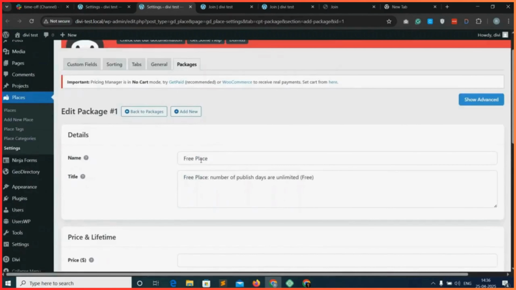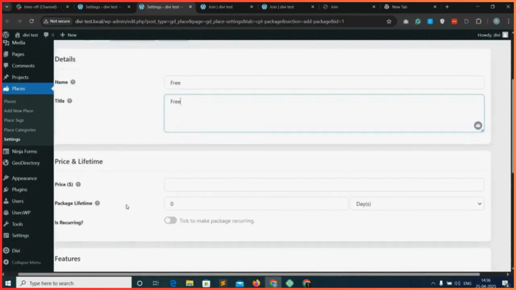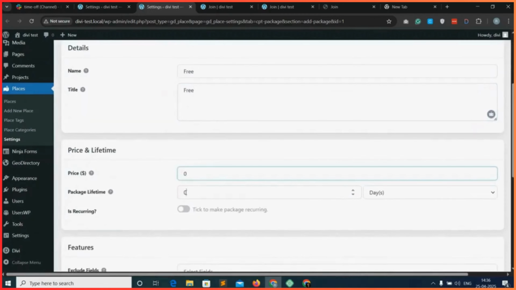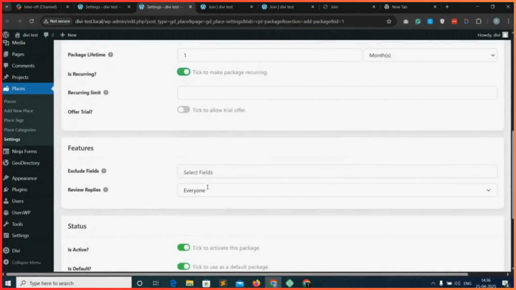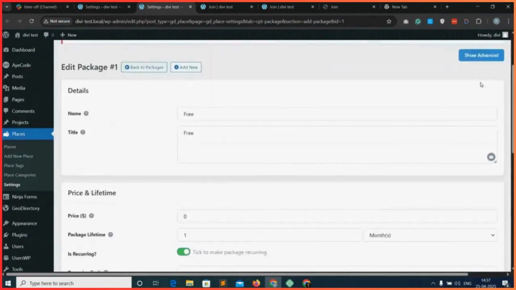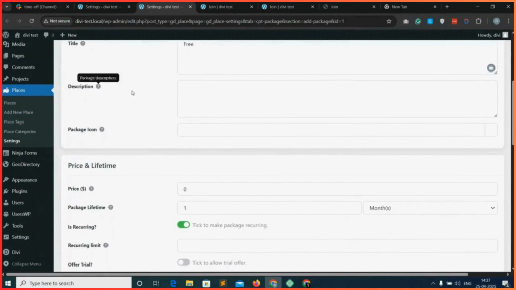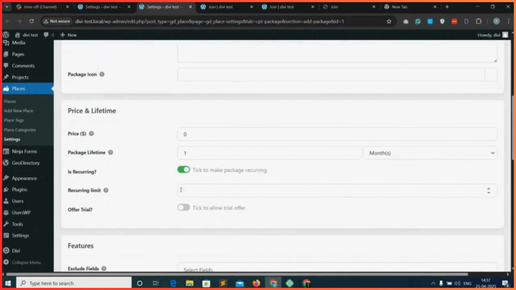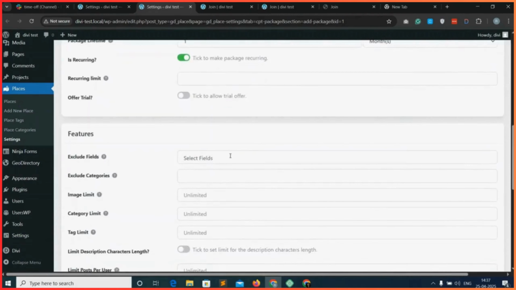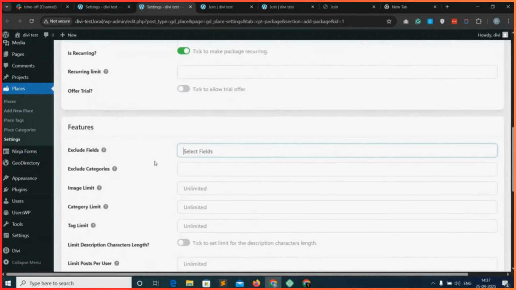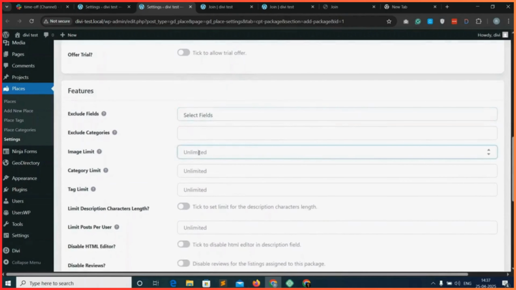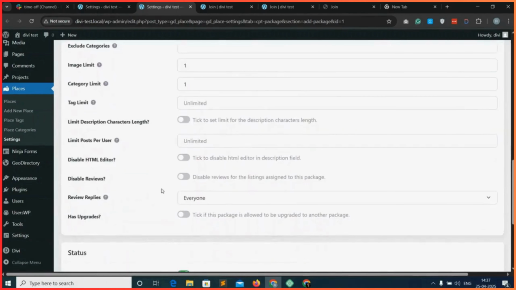So the free is default, so we'll be editing it. Naming it free and title also free, and pricing will be 0 and duration 1 month, and switching this on. Coming on to show advanced, we can add here description, package icon, and we can add a select field over here also for adding whatever field we want to show. For free, images we are adding 1, category also 1, and then you can add whatever you want and adjust it